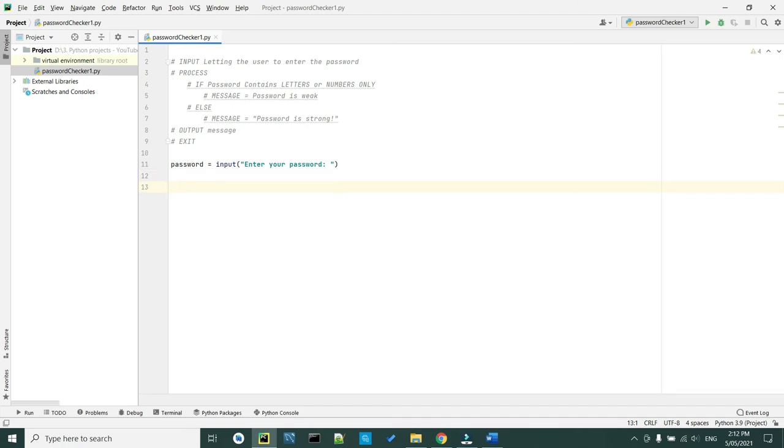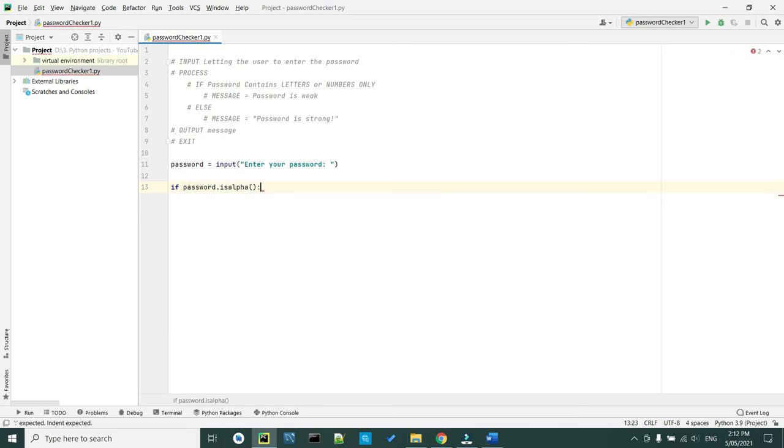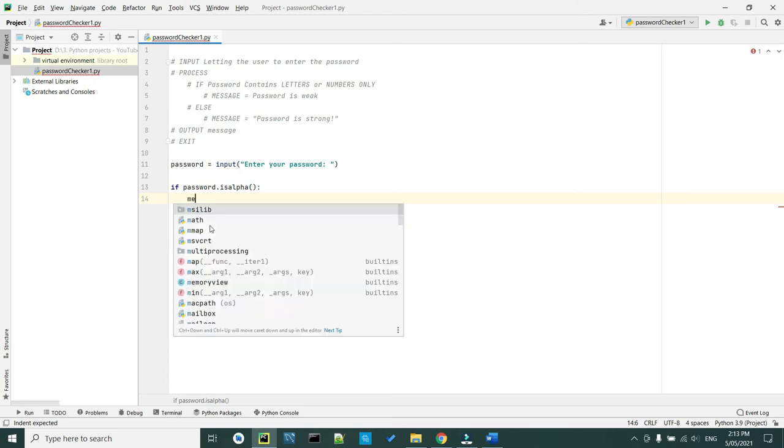So that's why we're writing an if condition here, and we're getting our variable here and just writing down isalpha, which stands for, here, password.isalpha. Basically, it checks if the password entered by the user contains letters only. If the password entered by the user includes letters only, we have to tell them it is wrong and they have to change the password. So that's why we need to write down the message